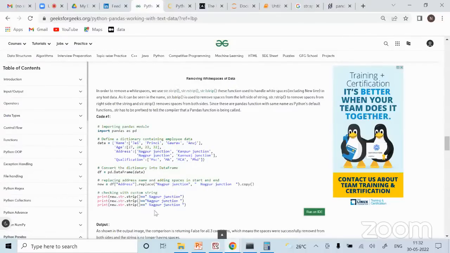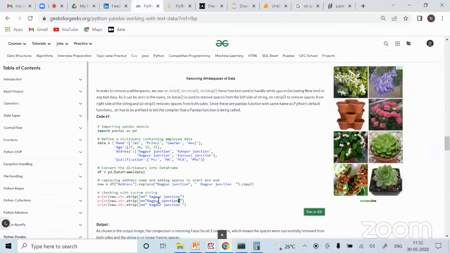Strip removes the white space from both sides, trailing and leading. In between it doesn't remove, because we don't want to remove spaces from the middle, otherwise it will change the meaning of the things. What we want is to remove the useless space at the start and at the end, so we just strip the start and end.